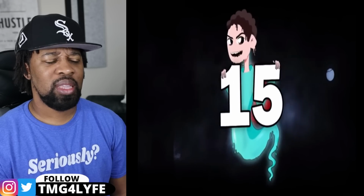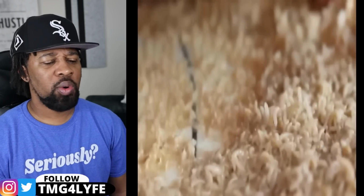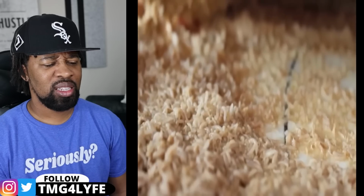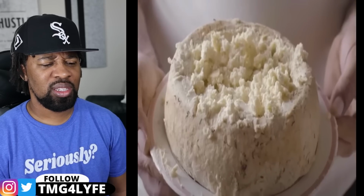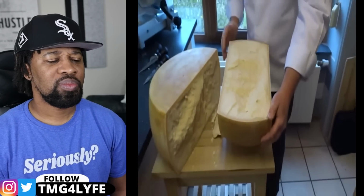Number 15. Casu Marzu. Imagine a food so downright disgusting and awful that it's actually illegal. That's the case with Casu Marzu, also known as maggot cheese. This cheese comes from the Mediterranean island of Sardinia and has sheep milk and live insect larvae, also known as